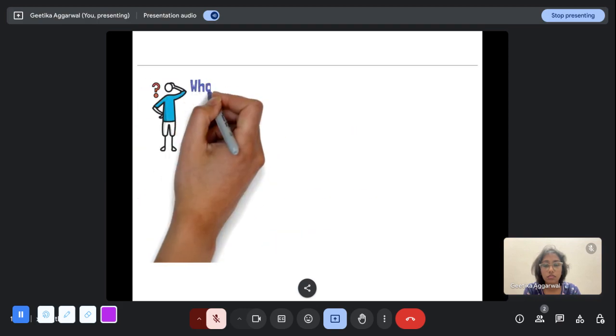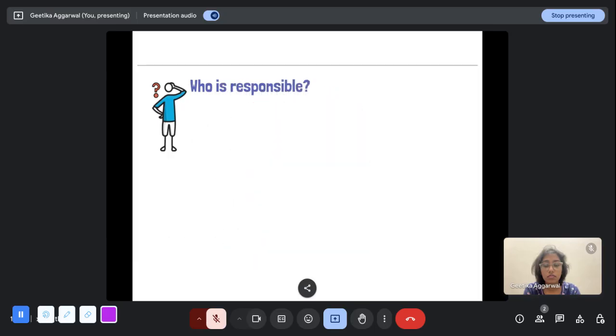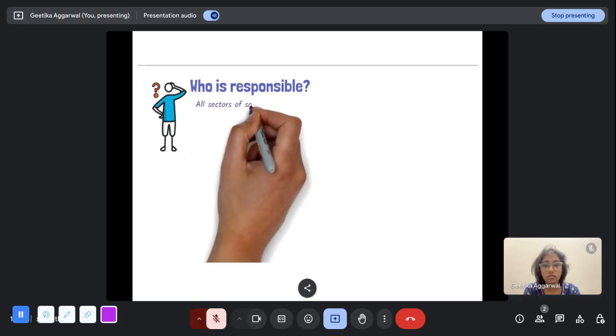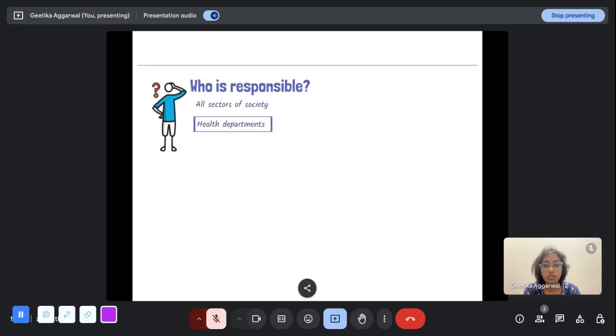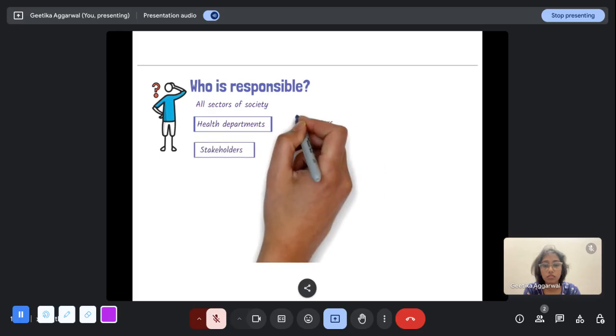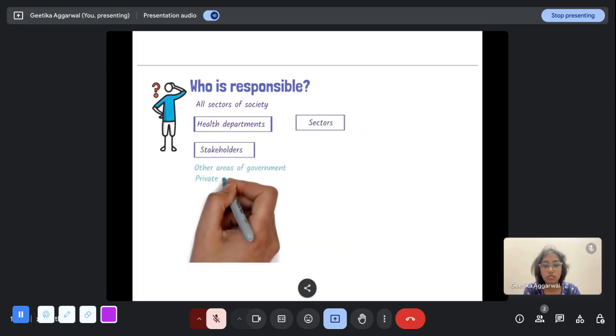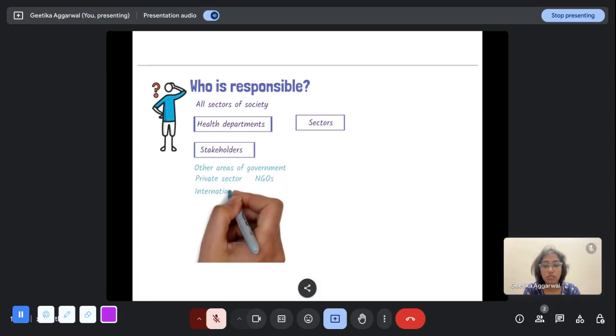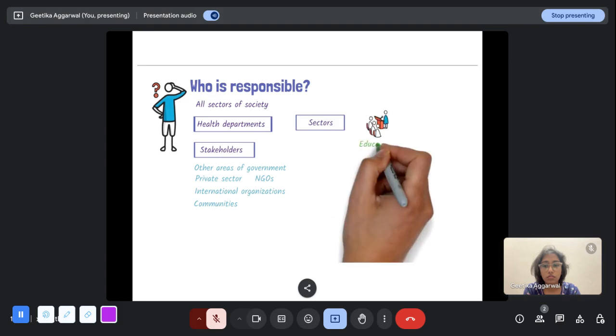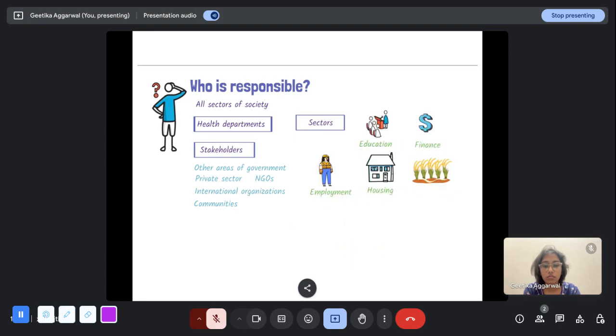So, who is responsible for public health? Ultimately, the responsibility of creating a healthy population lies with all sectors of society. While health departments have a central role in public health, improving the health of a population requires coordinated efforts from a wide range of stakeholders and sectors. They include other areas of government, the private sector, non-governmental organizations, international organizations, and local communities, and across various sectors such as education, finance, employment, housing, agriculture, veterinary, environment, and others, all united with a shared goal of improving the